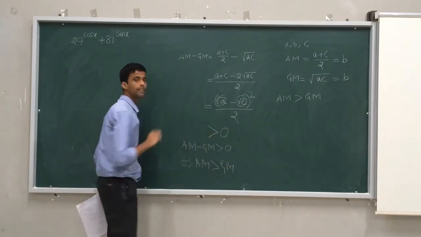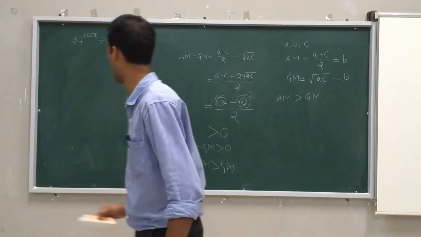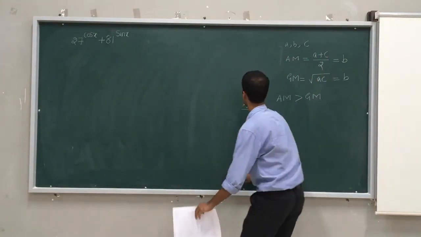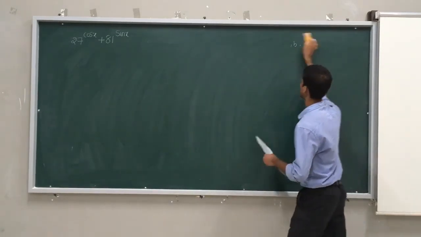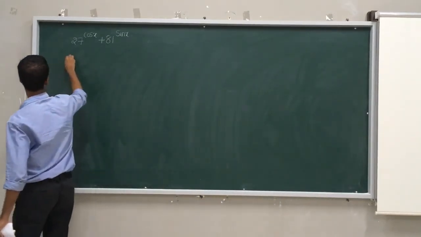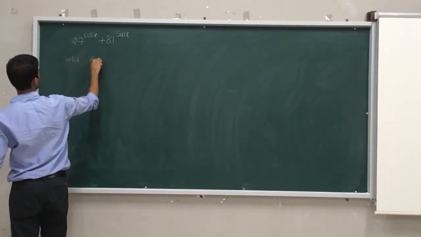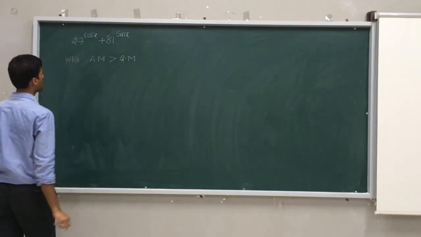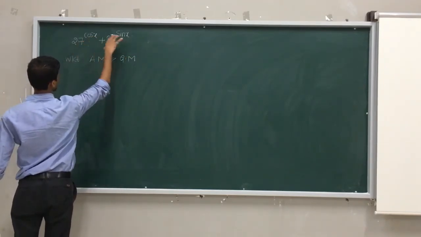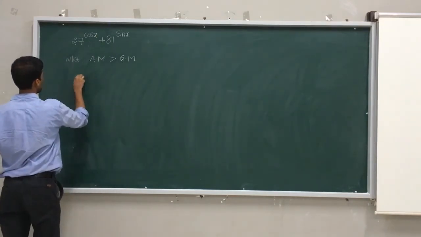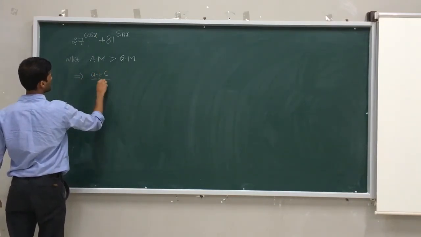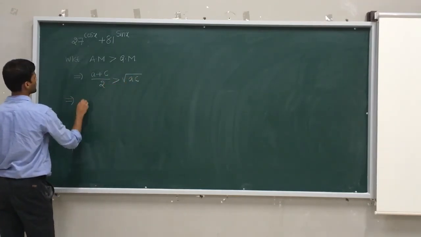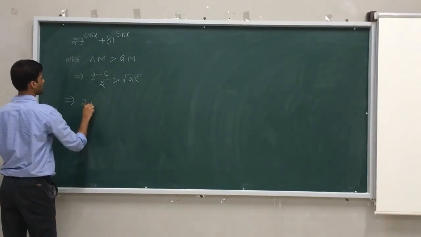I have shifted that to this side. So this is one of the famous inequalities. Always keep in mind that arithmetic mean is greater than geometric mean. Always arithmetic mean is dominant. With this I will make use of this result here. We know that arithmetic mean is greater than geometric mean. I will consider these two as a as well as c. So we know that a plus c by 2 is greater than root ac, right? Therefore, I will take a as 27 to the power cos x.